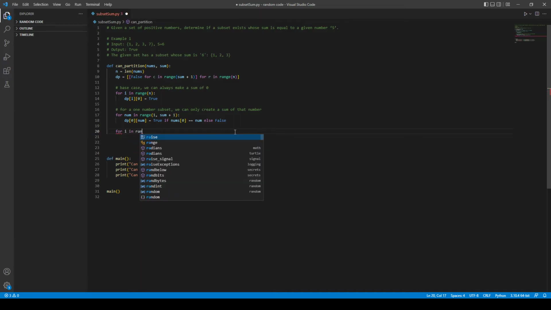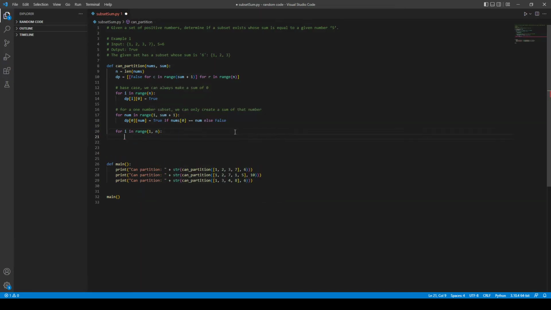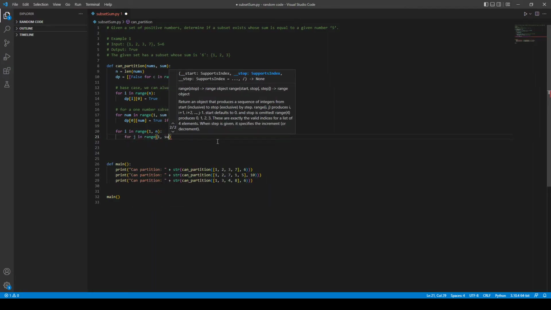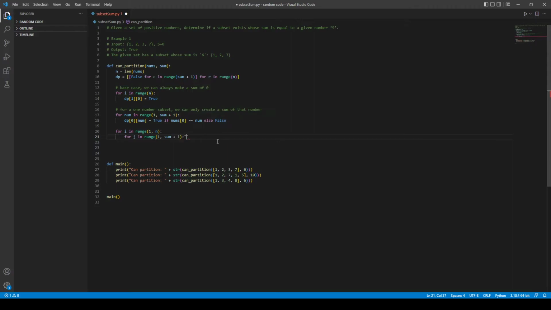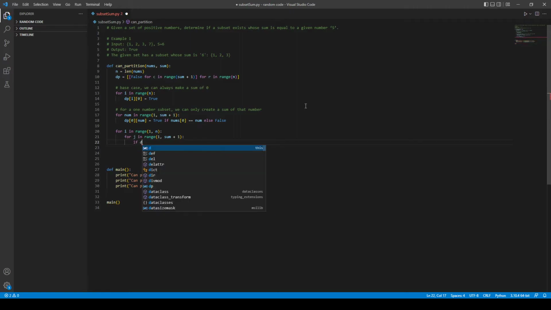So for i in range of 1 to n, we don't need to do all of n anymore because we handled the first number here. We're going to do for j in range of 1 to sum plus 1. We now need to calculate whether or not we can find our current number as a sum, right? So if dp[i-1][j]